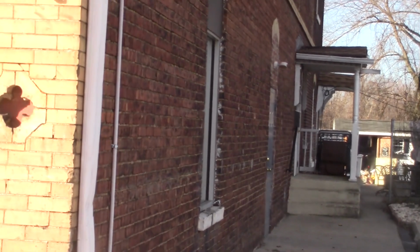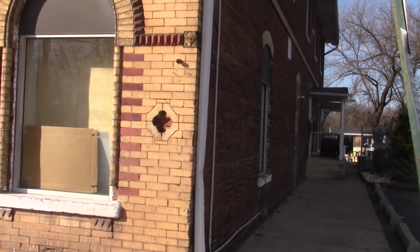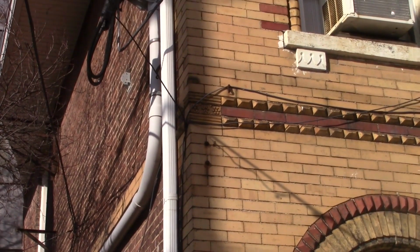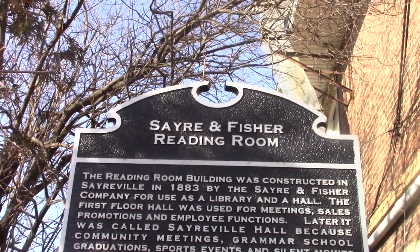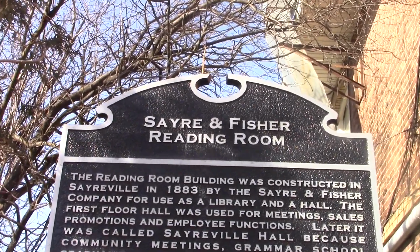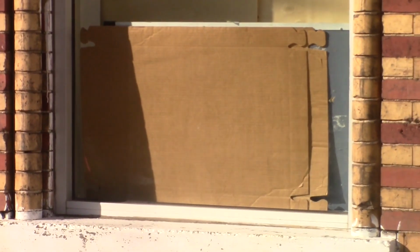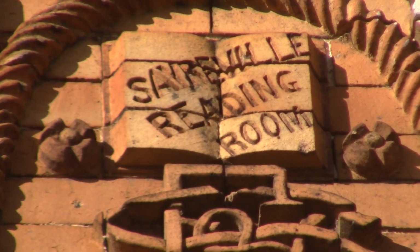Reportedly, the ground floor was used for recreational activities, a gymnasium of sorts, and the upper floor was used for meetings of fraternal orders, including the Order of the Red Men and other social purposes. Apparently, it is not clear what was really meant by the name of reading room. Possibly, maybe, nothing more than a genteelism of sorts, like opera house,